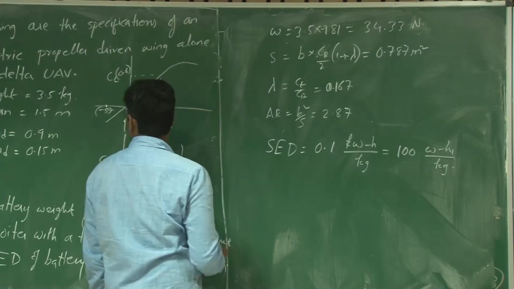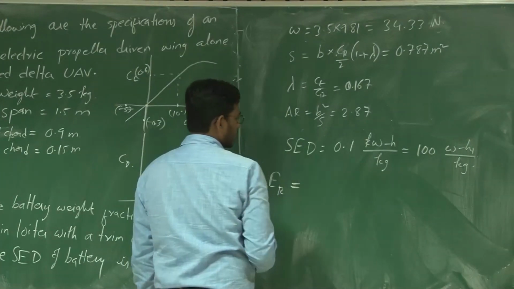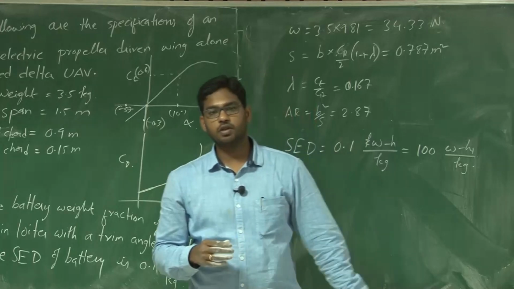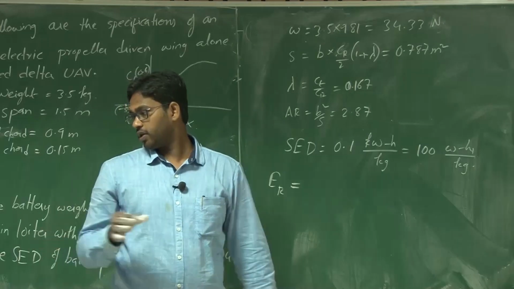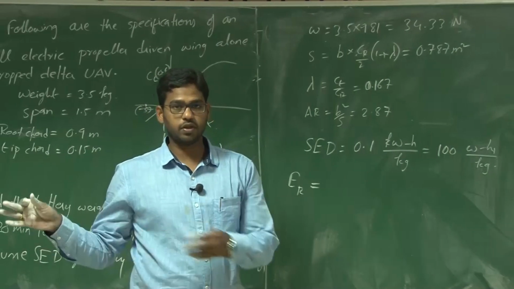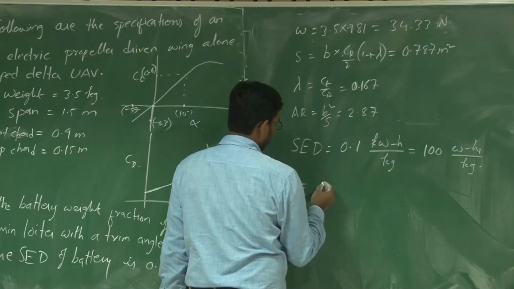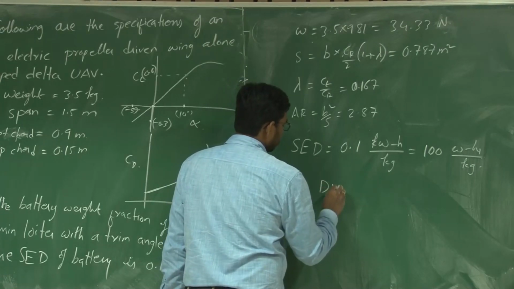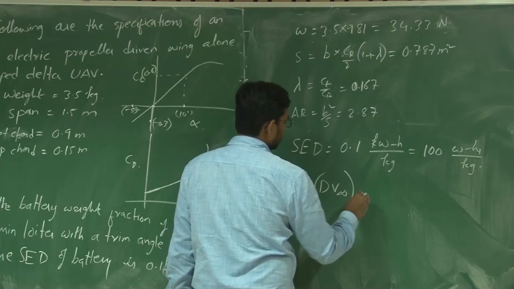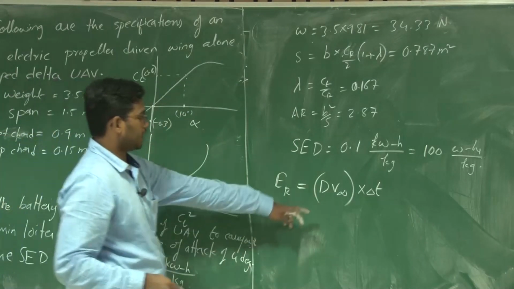In order to find the battery weight, what I need is the energy required for this system, right. How do you find the energy required here? Energy required equals, assuming it is 100% efficient, since there are various losses that happen, so assuming there is no loss throughout the process, energy required equals drag into velocity, which is power required, into delta T. So why do we consider drag here? Because